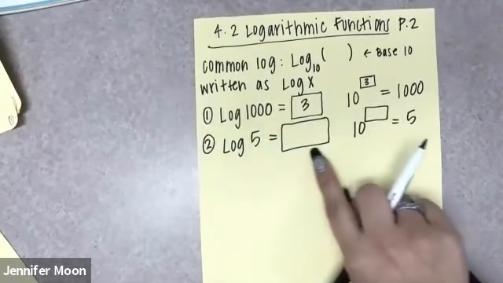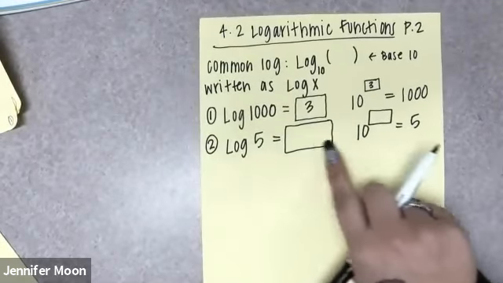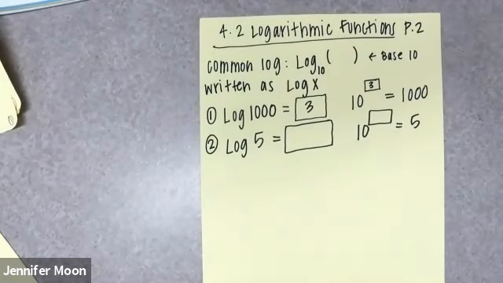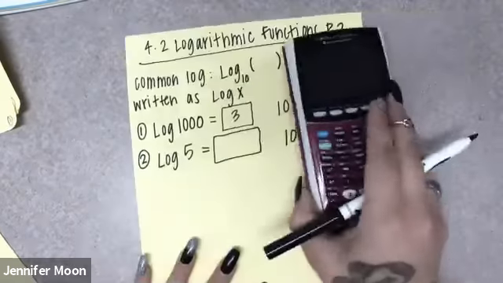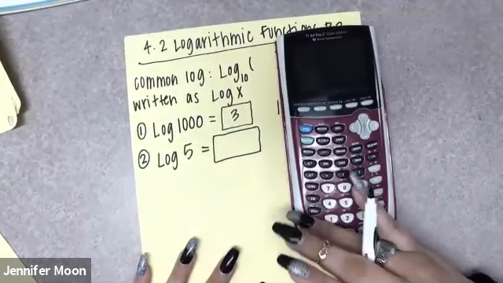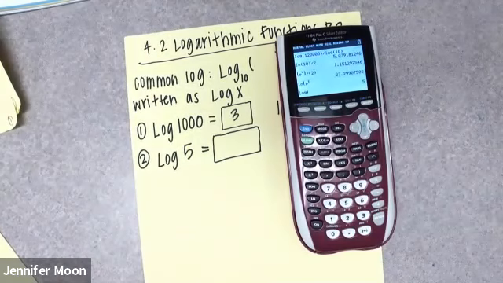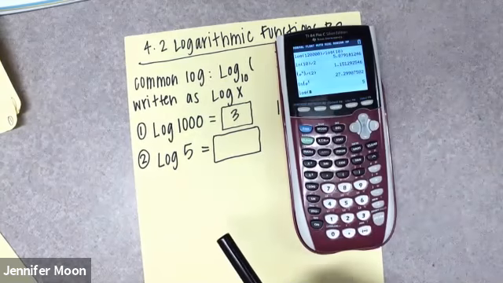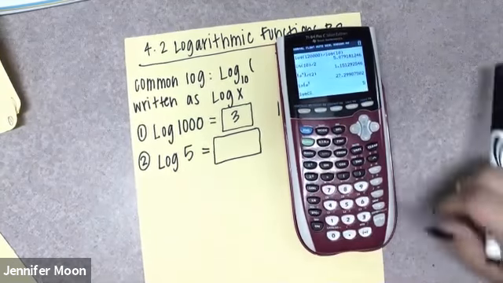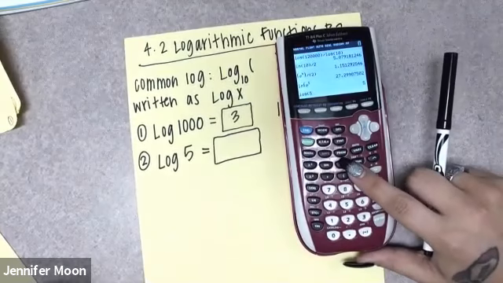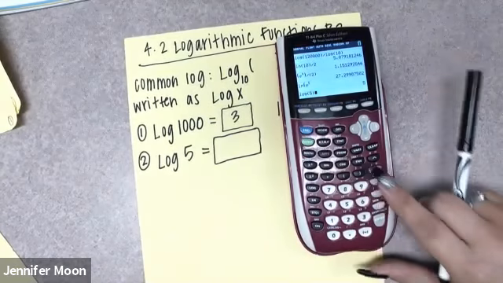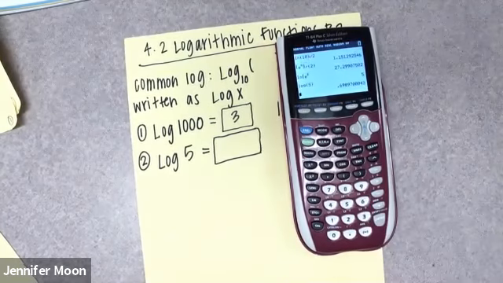I'm telling you now, I wouldn't give you a problem like this and tell you to do it without a calculator. This would be one of the ones that just said evaluate. So we literally can use our calculator here because we notice that we don't have another option. So I already had my log typed in here from showing it to you previously. This is log because nothing is written. It's implied. It's base 10. You just type the number 5. You can close it with another parenthesis, but you don't have to. When you hit enter, you'll get